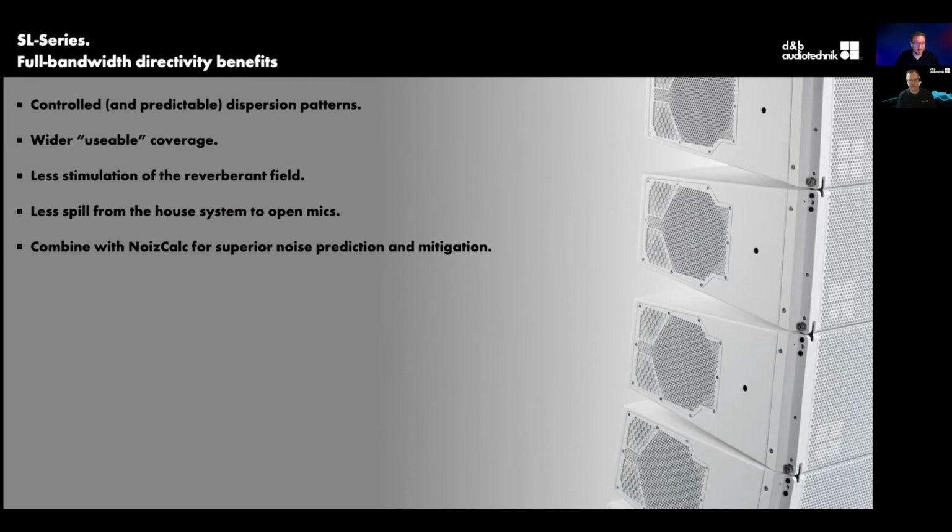Arrival times are going to be much more precise, sounding much tighter in some of the worst rooms, right? But less spill from the house system into open mics. I mean, think of how high we sometimes have to hit our high pass filters for, say, an orchestra, right? The arco bass is playing away, but in order to get anything into the PA, we've had to actually turn up the high pass filter maybe more than we'd want.